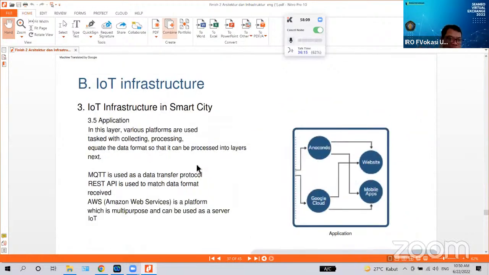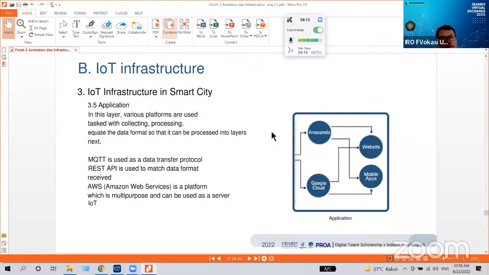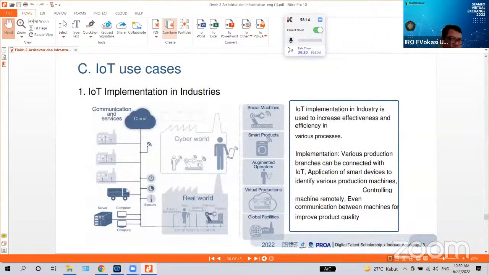Many cases that we have some IoT cases, for example, IoT implementation in industry cases. You know, we can implement IoT in heavy industry, for example, for controlling the robot, for making augmented reality and virtual reality glasses, and to monitor the logistics, monitor the inventory, monitor the real-time condition of our machine,